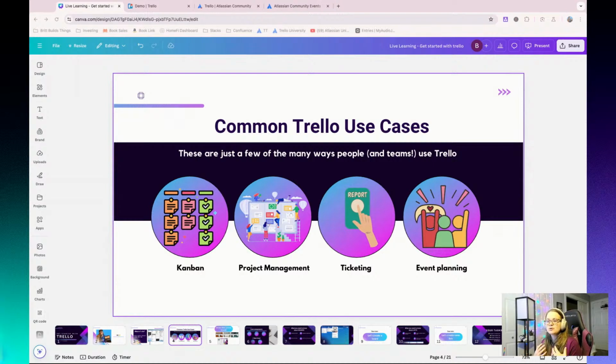I actually use Trello to plan a lot of these different types of events that I do, especially the ones that I do with Trello Trailblazers. We have our own whole process where we organize what we need to do for planning those events, coordinating with partners, getting the content ready, promotion, etc. So those are just a couple use cases for Trello.